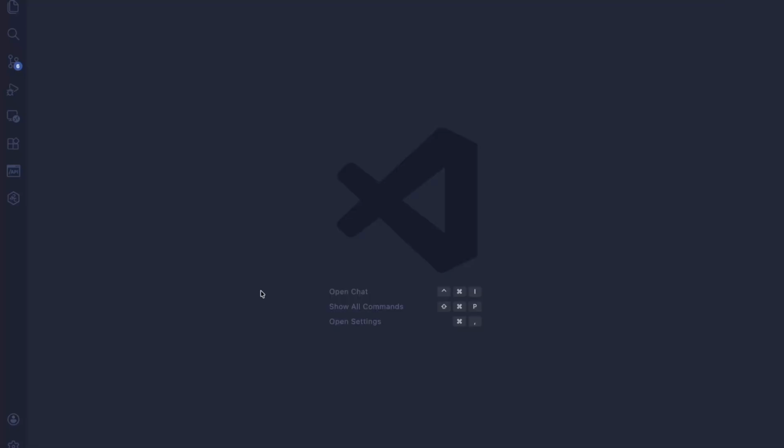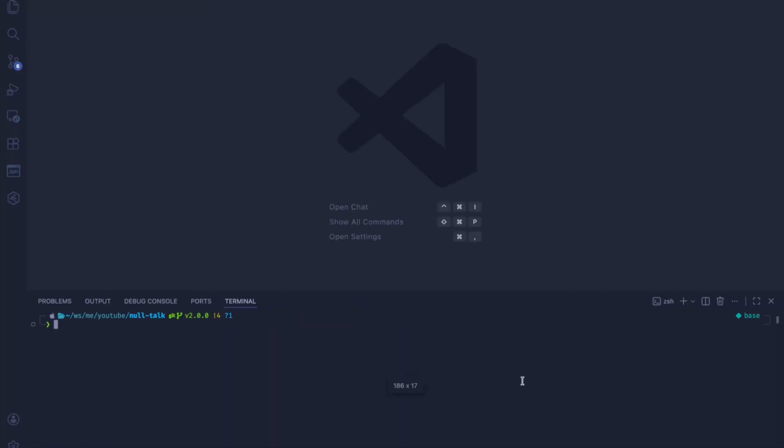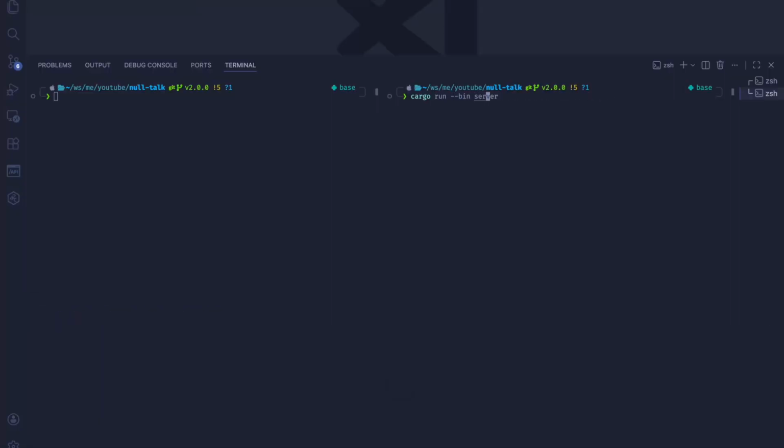See, we also have to handle the client handshake on the client side. So I already coded the client application, and I'm going to use that application only. Let me open the terminal. I will run the server binary. So our server is perfectly running on port 8080. Now I have to run the client application as well. So I will say cargo run